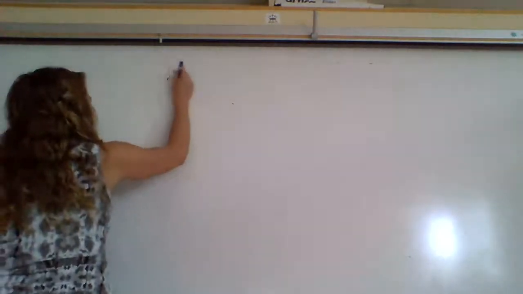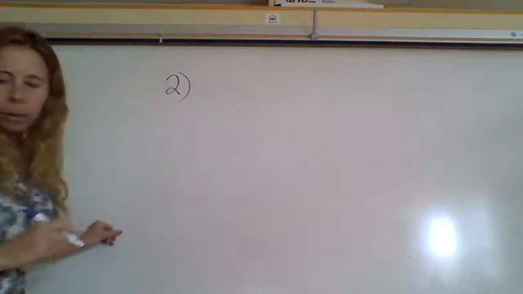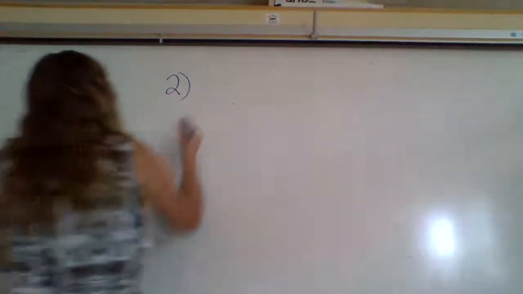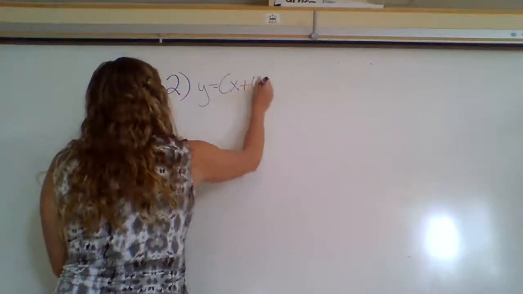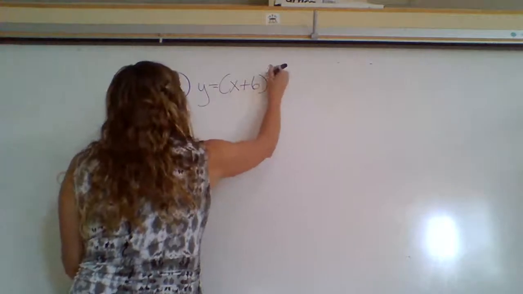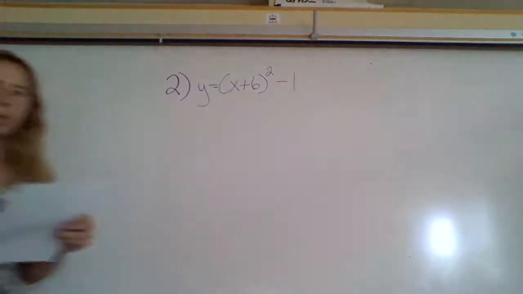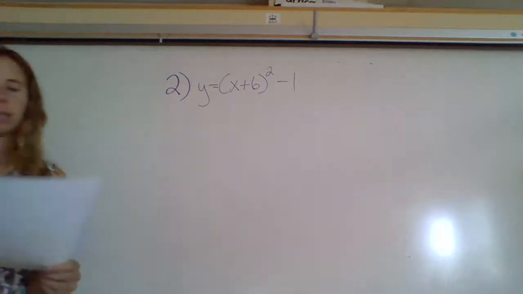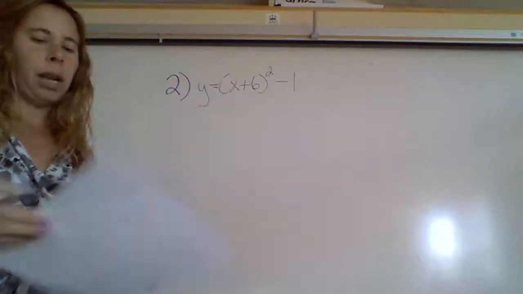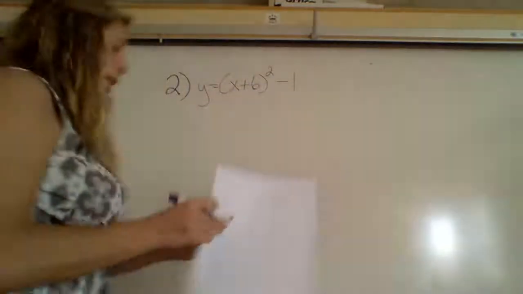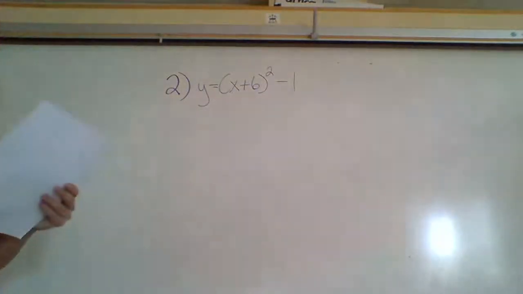Let's do number 2. Why not? We good? Yeah, number 2. y equals (x plus 6) squared minus 1. For the first 8, you're given the vertex form. Find the vertex, stretch, and x and y intercepts. See, that's what it says. I'm not lying to you. That's what it says. Anyways,